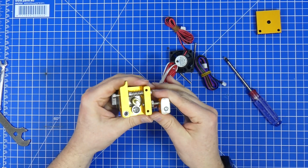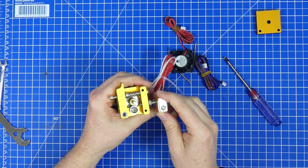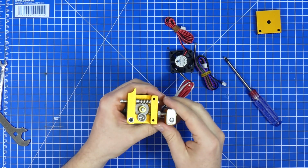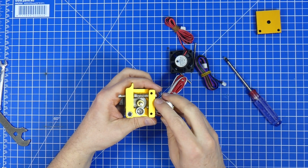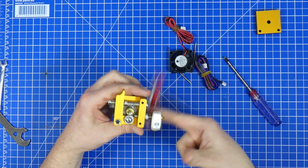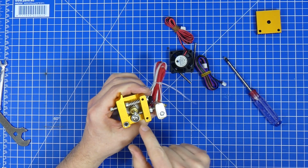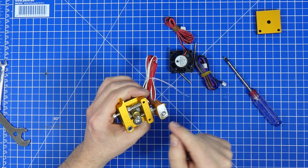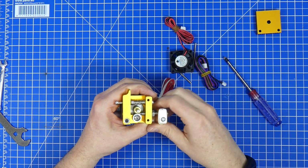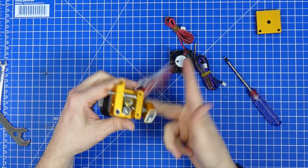And if you look in here closely, you can see that the throat coming from the hot end to where the extruder is, where the drive is, and where the heat is supposed to be removed, this is in all the way. That's not optimal, because if you use flexible filaments or soft filaments or nylon, for example, you want this to be in about this far, so it doesn't actually have the chance to escape the throat, because that's what's going to happen. It's just going to go past it, and it's going to be collected in here, and it's not going to work. But if you screw it in this far, it will work. This brings us to another problem, and that one is really...